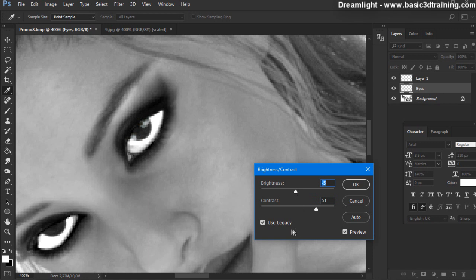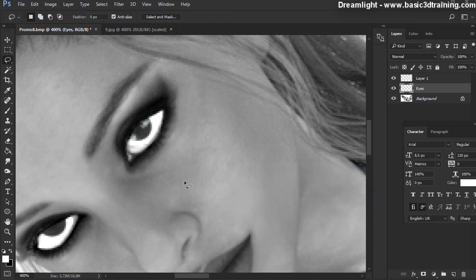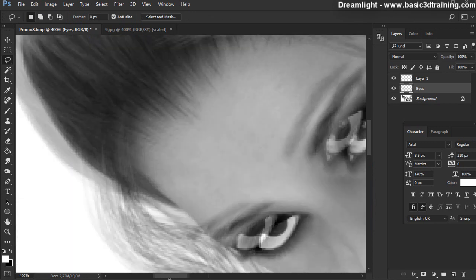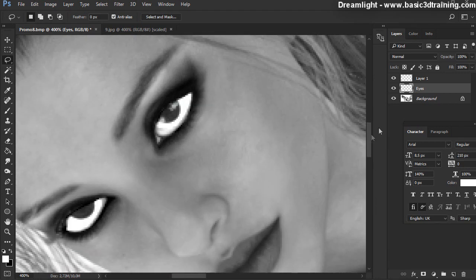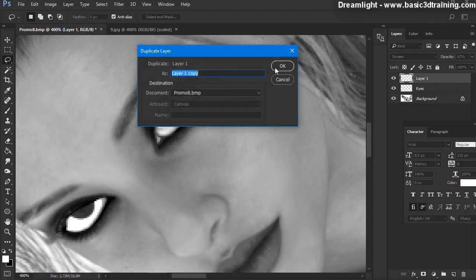So let's see the new one, maybe it works a little bit better. No, I think legacy works better here. Just punch it a little bit so it gets a little bit darker and you get that more depth in the eye. Okay, so once that eye reflection is done here, right, then you can duplicate the layer obviously, and